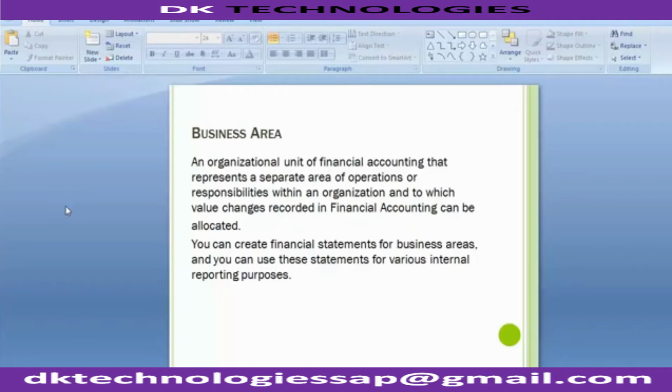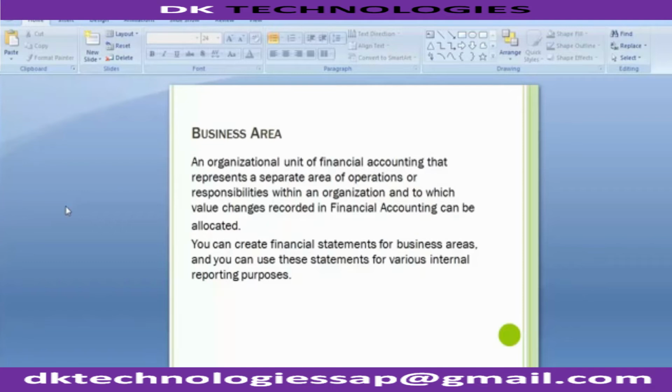So the business area becomes mandatory for those plants whenever they do transactions. Once you put the business area as a mandatory part, every transaction gets recorded with that business area. So with that business area, the organization is able to get the financial statement for a particular plant